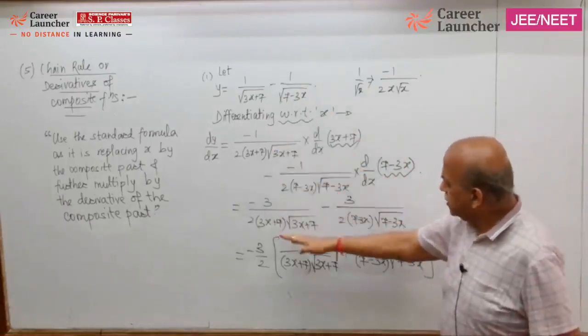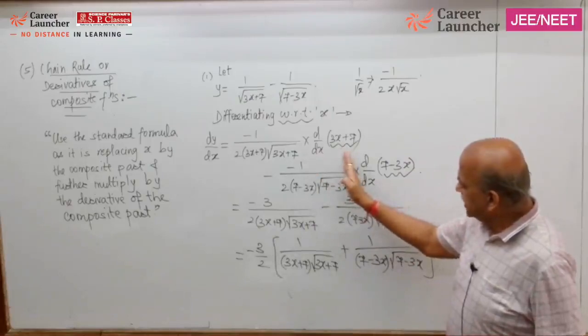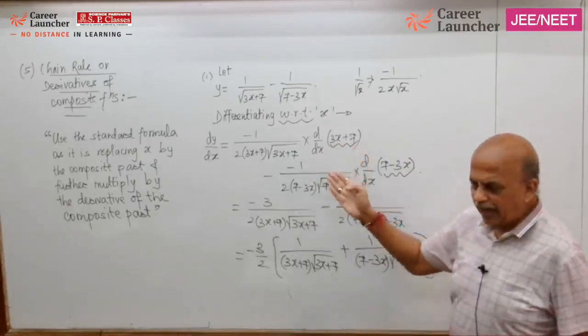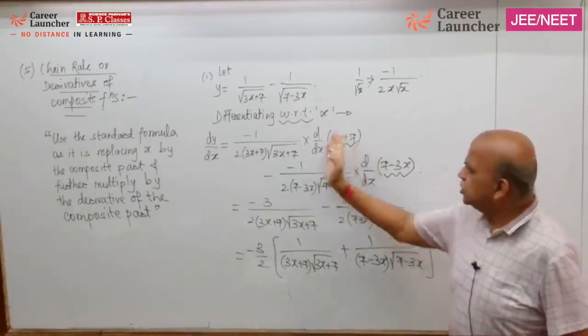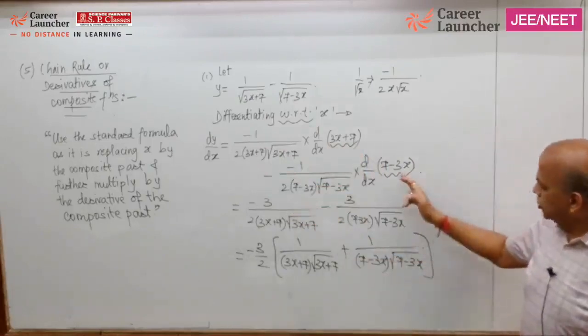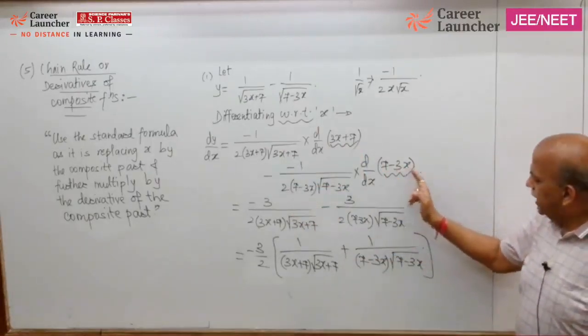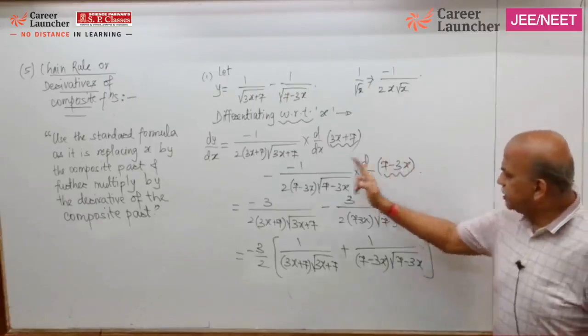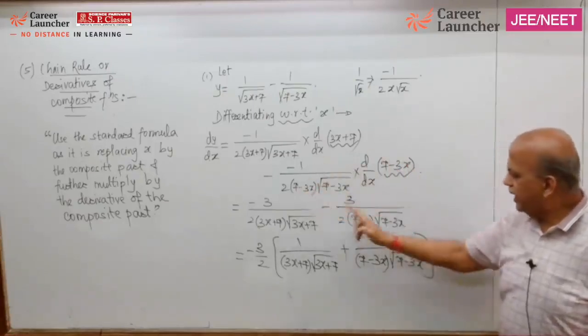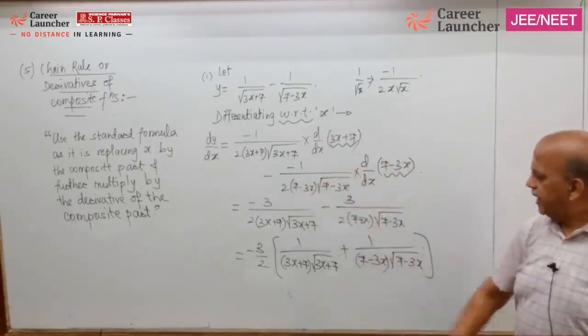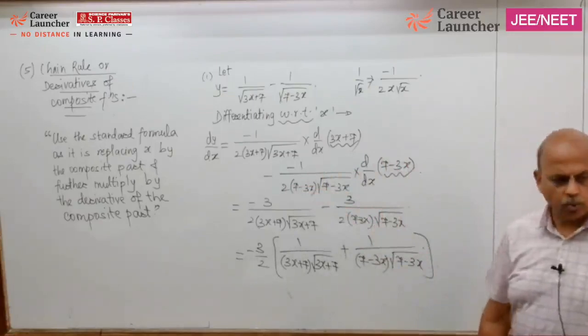In the next step, we found the derivative of this. This we have already got. The derivative we have to find only for this. Now 3x, 3 into 1 plus 0, so 3. So minus 3 we have written. Here also 7 minus 3x, 0 minus 3, so minus 3. Minus, minus, minus: 3 times minus is minus again. In the last step we have taken minus 3 by 2 out.